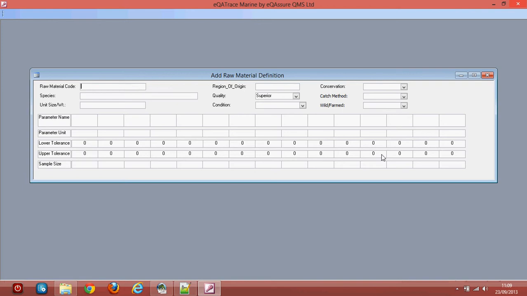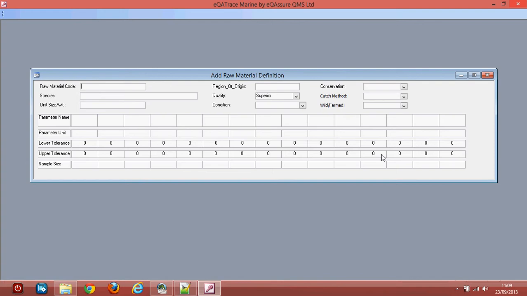If a coding system is not already in place, a decision will need to be made as to what general form raw material codes will take. As it is a raw material code, it is probably a good idea to begin with an R character, as it will make it easier to instantly identify the code as a raw material code. We really ought to build the rest of the code so it can easily be deduced roughly what the code relates to. In this case, I will put in the code